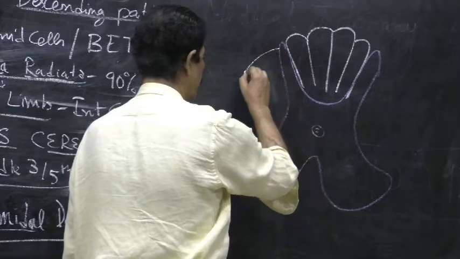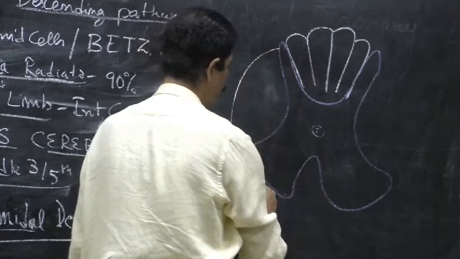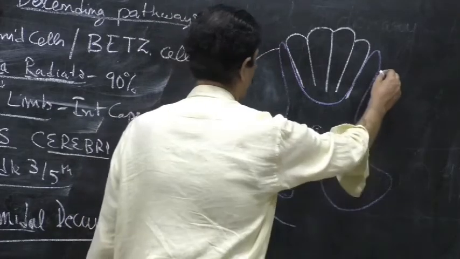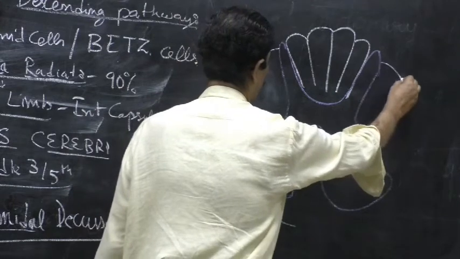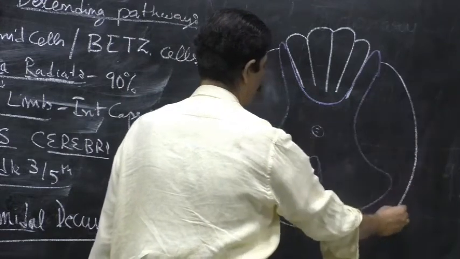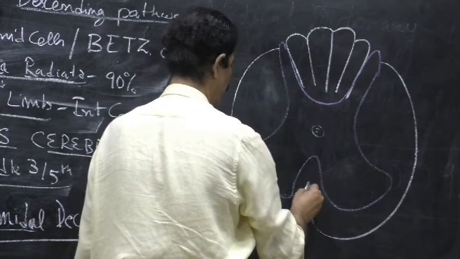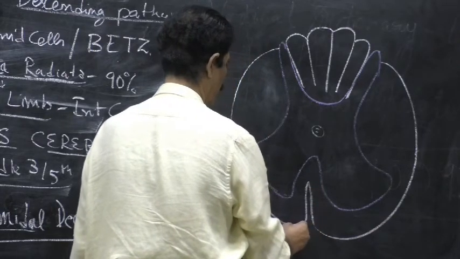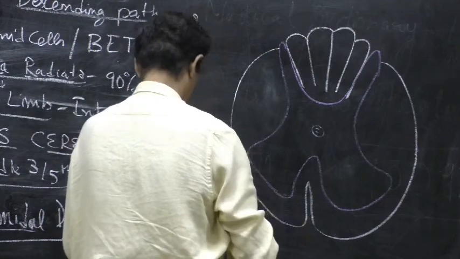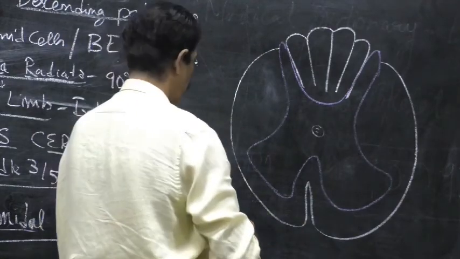This is the lateral line showing the lateral column of the white matter of the spinal cord. This is the anterior median fissure. So corticospinal fiber